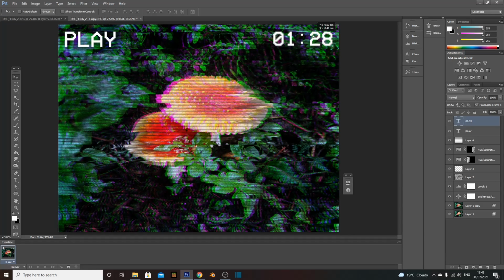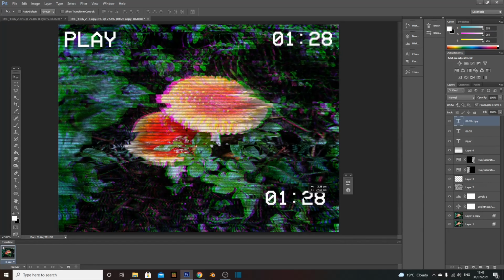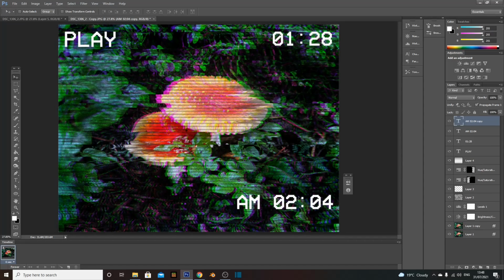I'm going to make that slightly smaller, and then I'm going to duplicate this layer again, go into my text tool and edit this text again. Typically we'd have the recording time also. I'm just going to go as if it's been taken at 2 AM and duplicate that layer,